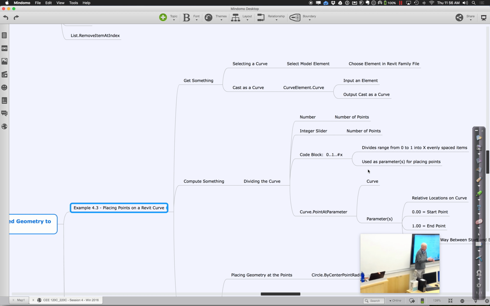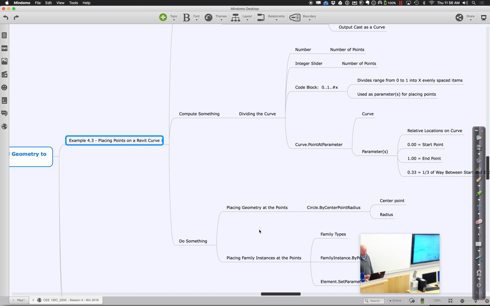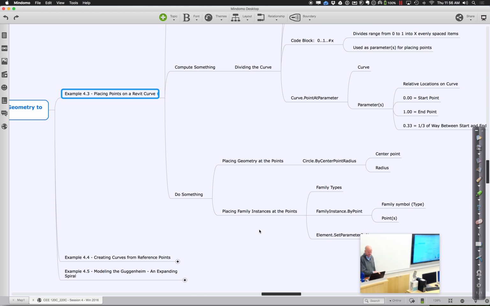But it's all about just going through, whether it's geometry, circles, whether it's family instances, individual family instances like desks or RPC beetles or whatever it is, or if we have several points, then we can start thinking about adaptive components that connect the curves. That's where we're going. Okay, so let's go to example 4.3,